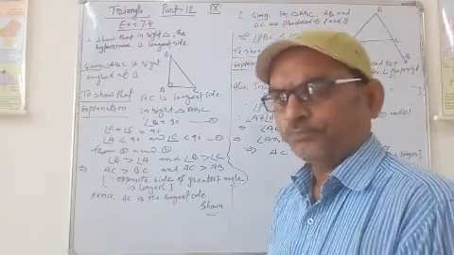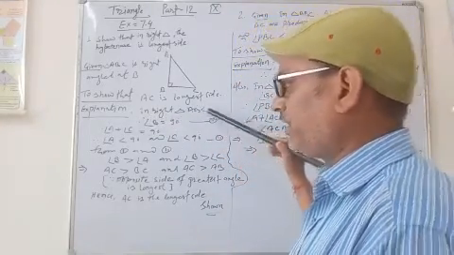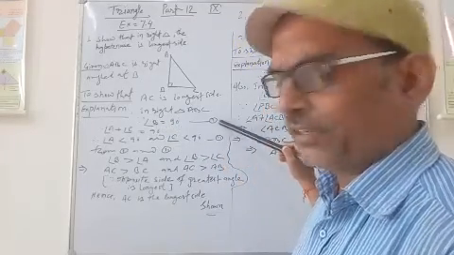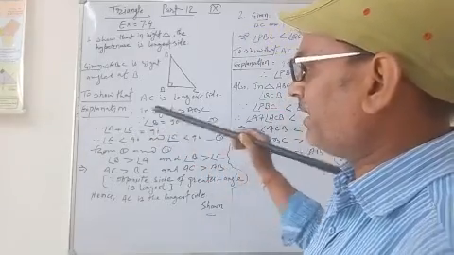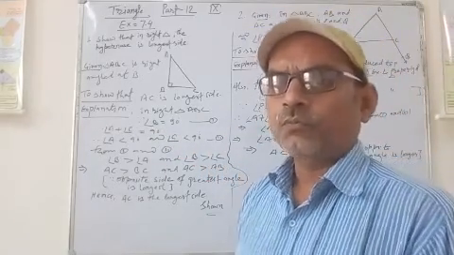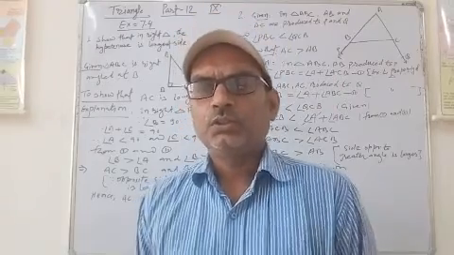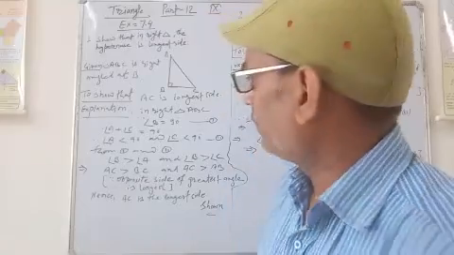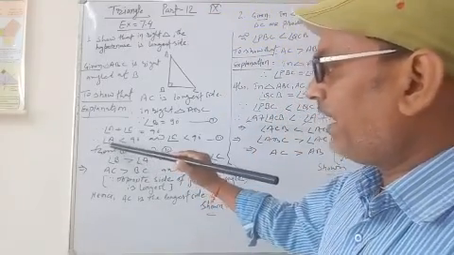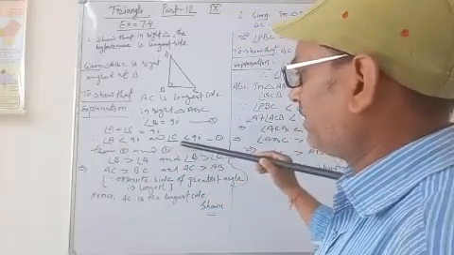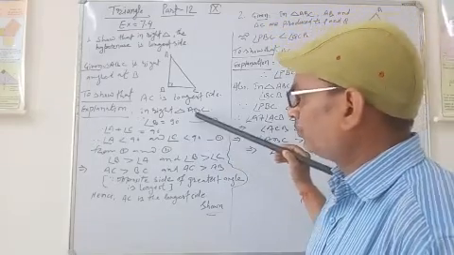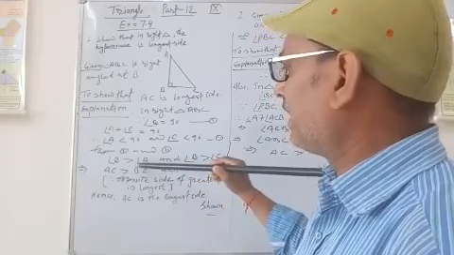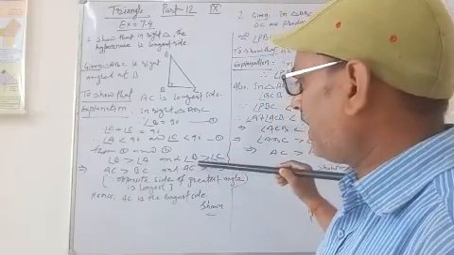Now explanation. In right triangle ABC, since angle B is equal to 90 degree, which is given, therefore angle A plus C is equal to 90 degree. As we know, in a right angle triangle, the sum of two acute angles is always 90 degree. So angle A is less than 90 degree and angle C is also less than 90 degree. So from 1 and 2, we conclude that angle B is greater than angle A and angle B is also